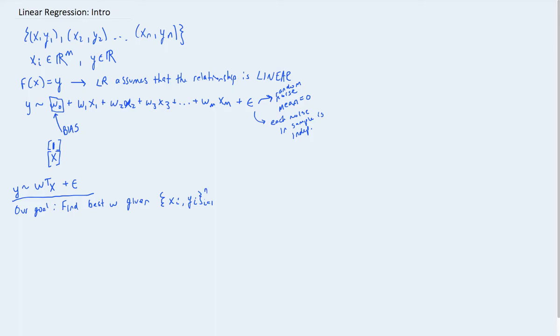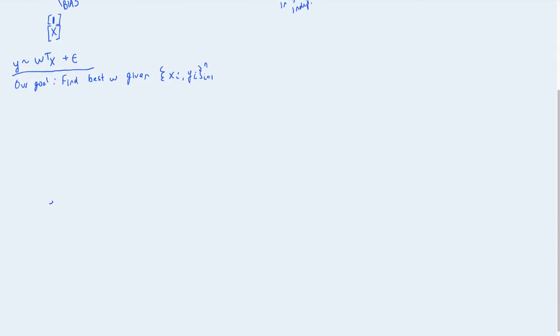So we want to find the best w given all those data points. And so one way that we might start to think about how to do this is to try to quantify how good or bad a particular choice of w is. And so one very natural way to do that is